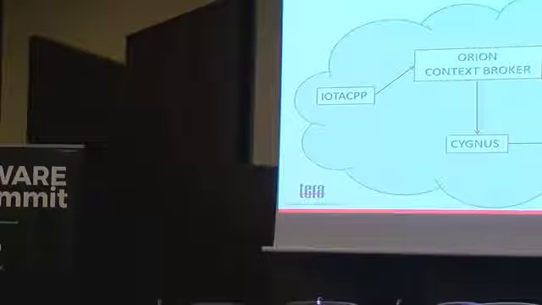So the data will arrive at the Orion Context Broker, which needs a MongoDB to elaborate data, and we need to store data in a DB. We use MySQL. Here you can see a MySQL DB, but we can also use a MongoDB or a big data solution like Hadoop. Okay, this is the configuration we want to develop.